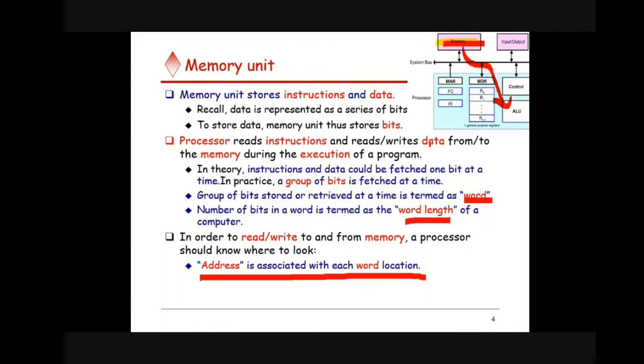There is not much required. You can take the data from the memory to the ALU, and the data will be transferred in terms of words, and the number of bits present inside a word is called the word length. And where the data is residing inside the memory, that will be accessed through the address. So the processor should know the address of that.